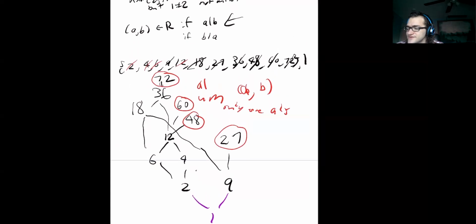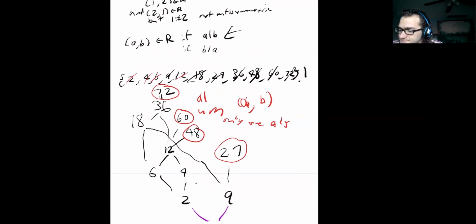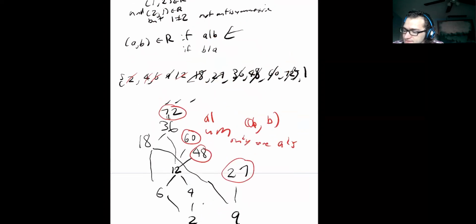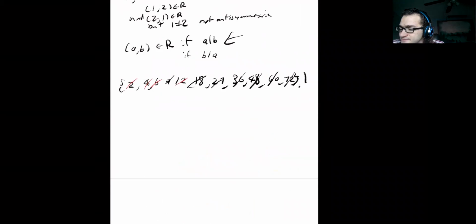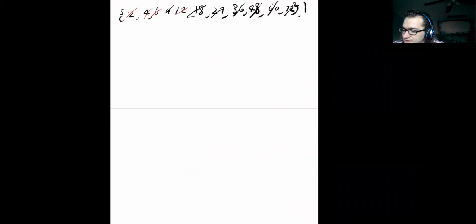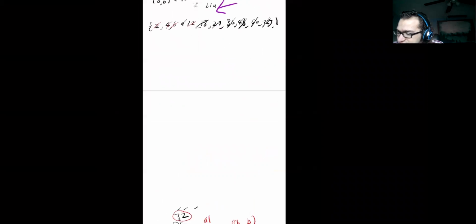So let's consider now, what if we changed it so that, instead of A divides B, we did B divides A instead? How would that change our Hasse diagram? Basically, that would flip it over. If we said instead we'll do B divides A, then we say actually here,